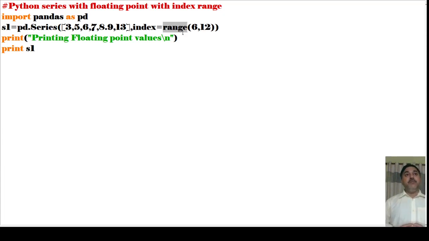That means I want to print the floating point values. Okay, I want to print the floating point values. As I need to print the floating point values, there I have given an index based on a certain range. Okay, so based on the certain range I have given it. So I am printing it. Clear? So I am printing it, I am making it applicable. So let us see what the output of this particular program is.